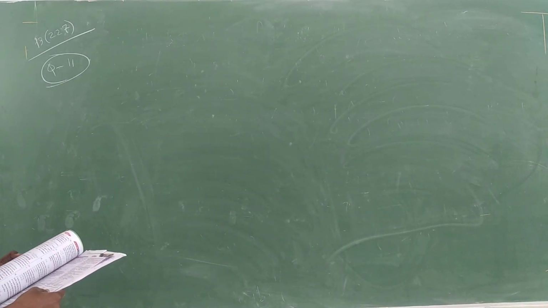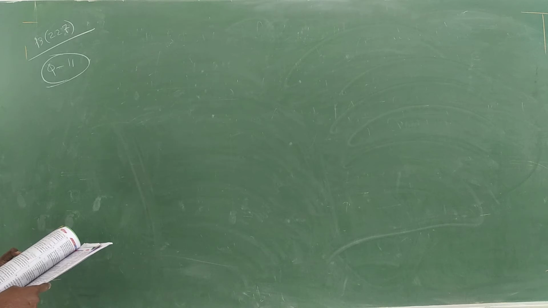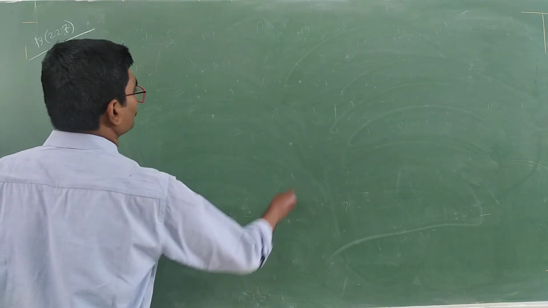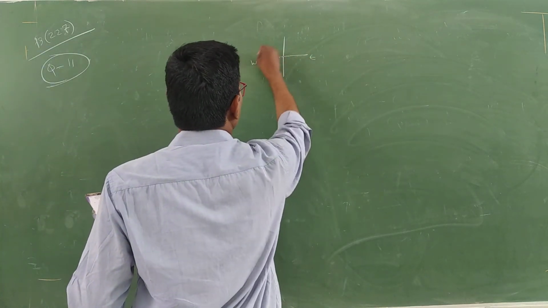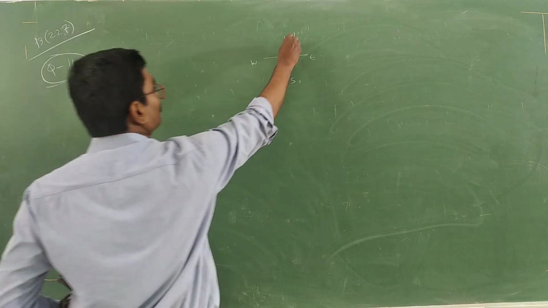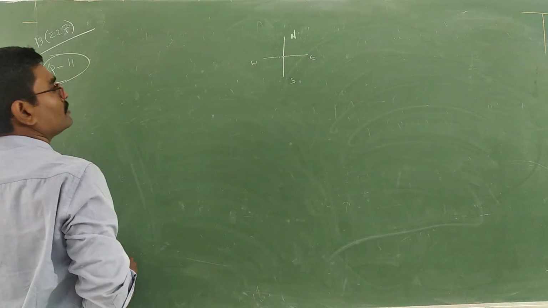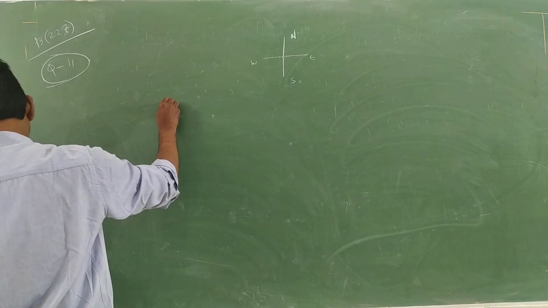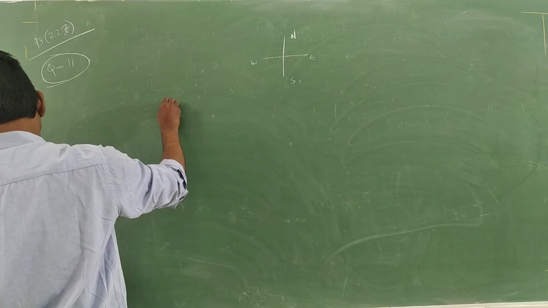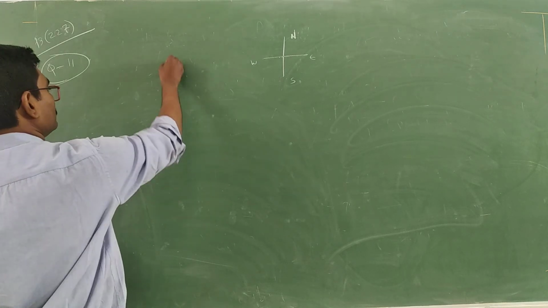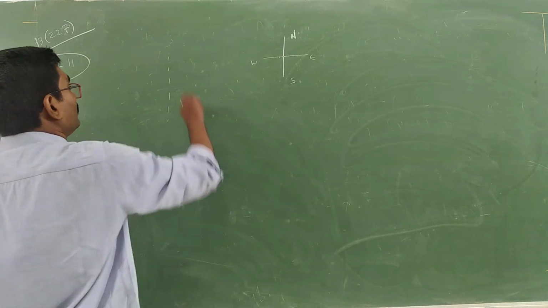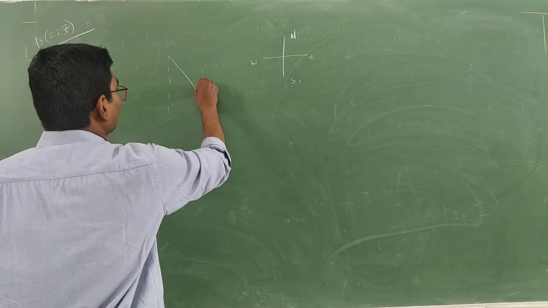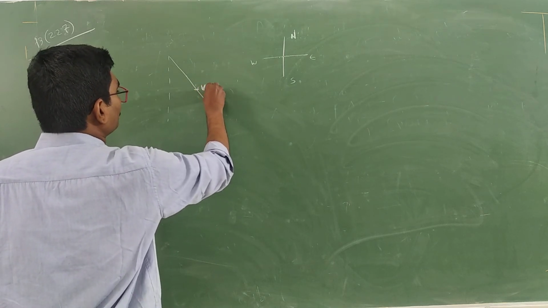Yes, it is raining at a speed of 5 meters per second at an angle of 37 degrees to the vertical towards east. To find the directions: east, west, north, south. Now it is raining at a speed of 5 meters per second at an angle of 37 degrees with the vertical. So this is vertical. With this vertical, rain is falling like this. Velocity of rain with respect to ground, direct.